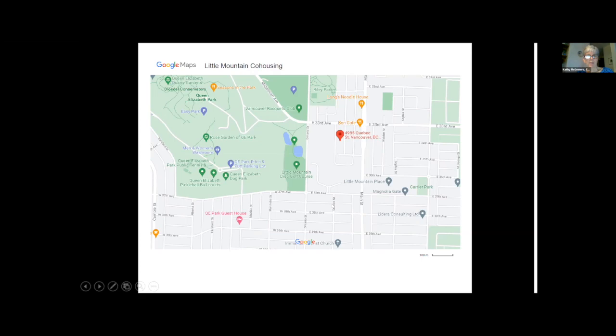And it has access to this fabulous, huge urban park. Over here, there's the big baseball stadium in town, which is fun. And then a redone beautiful recreation center that was redone for the 2010 Olympics. This is a beautiful children's park, and it has a huge community